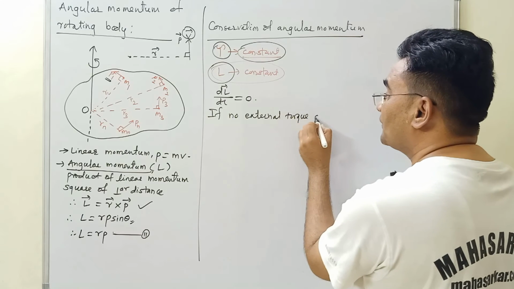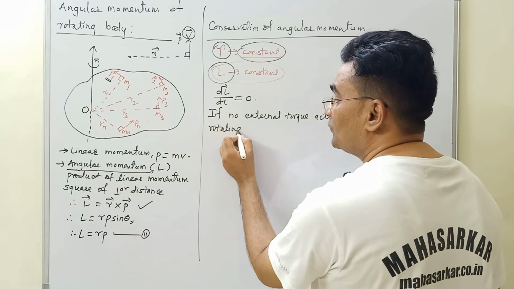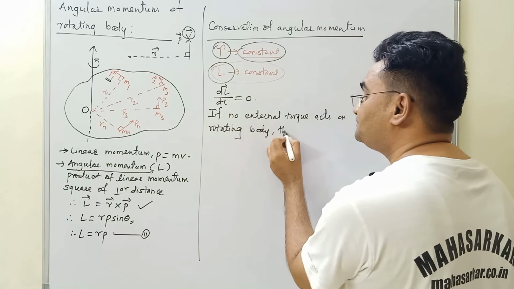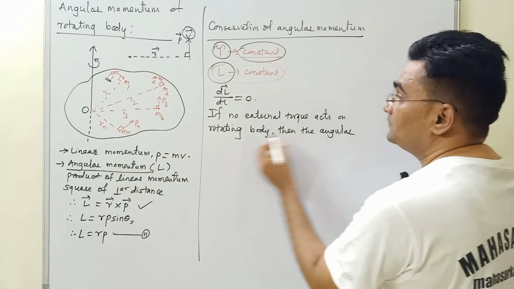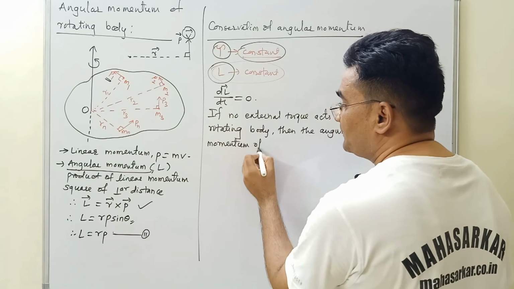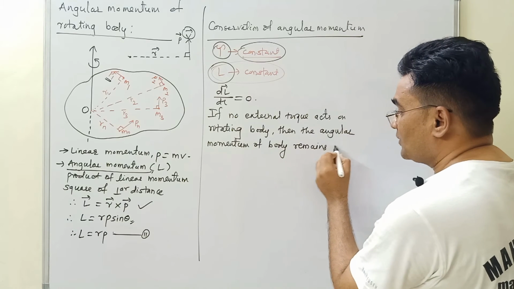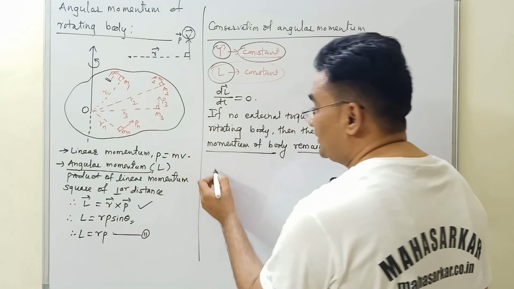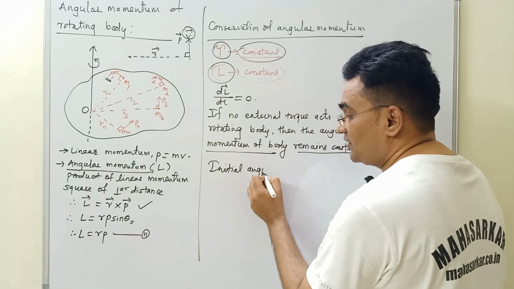torque acts on a rotating body, no external torque acts on a rotating body, then the angular momentum of the body remains constant. Angular momentum of the body remains what? Constant. That means initial angular momentum is always equal to